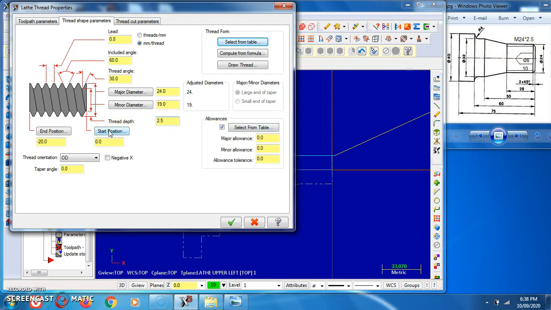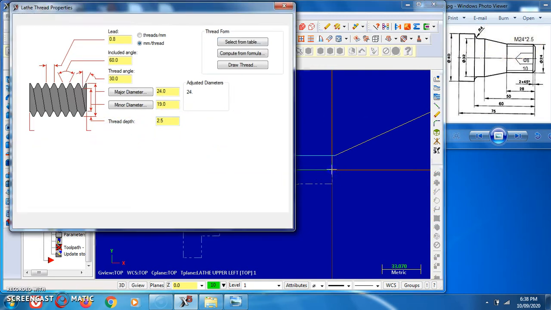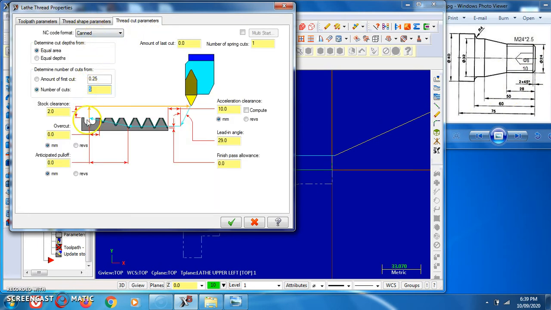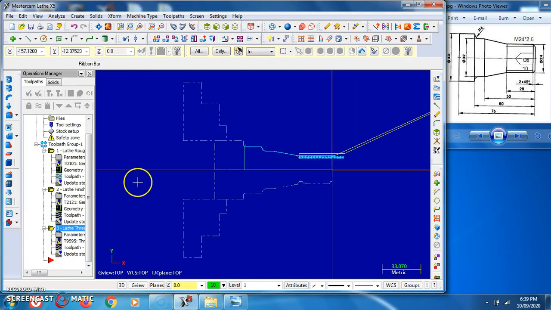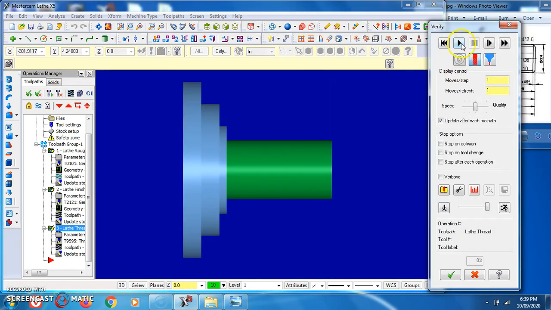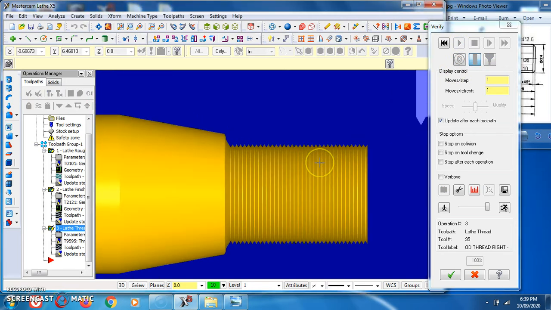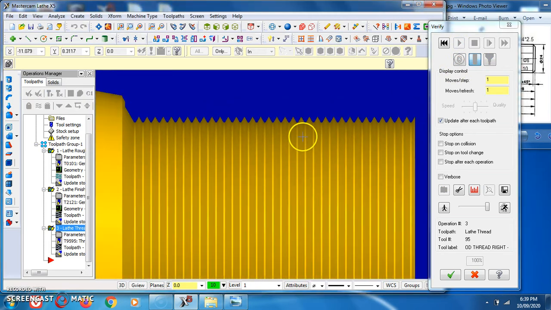Now we can select the position of the starting point. So this is the initial point. Final point, directly we can put here minus 28 mm. So minus 28, this is the final position. Again we can change the cut parameters, type of thread required, drop, clearance, all these things. Click OK. Now we can verify the operation by clicking onto the verify operation. So all these three operations get verified, first, second and third. So now here we can obtain the threading operation as per our requirement.